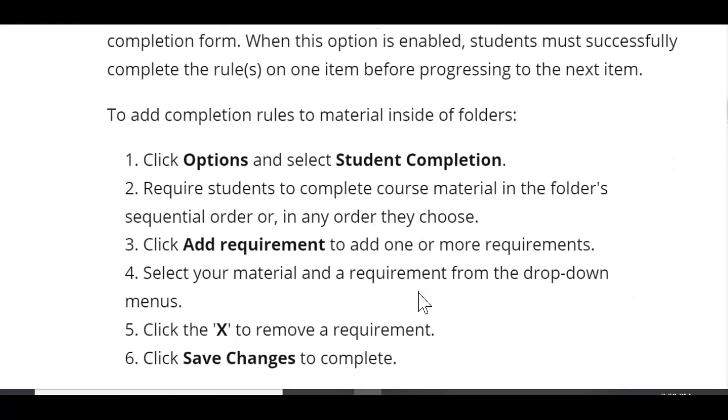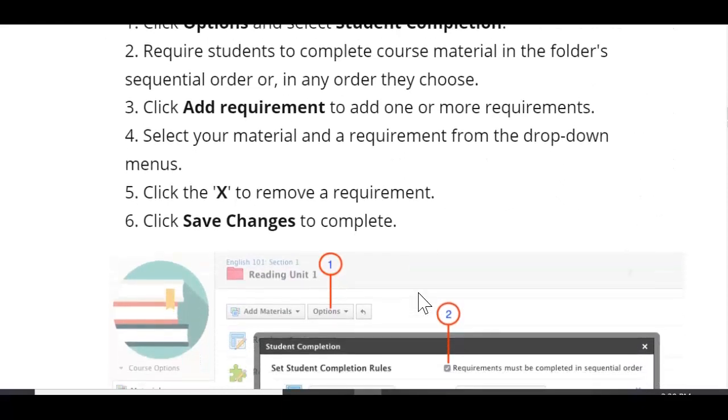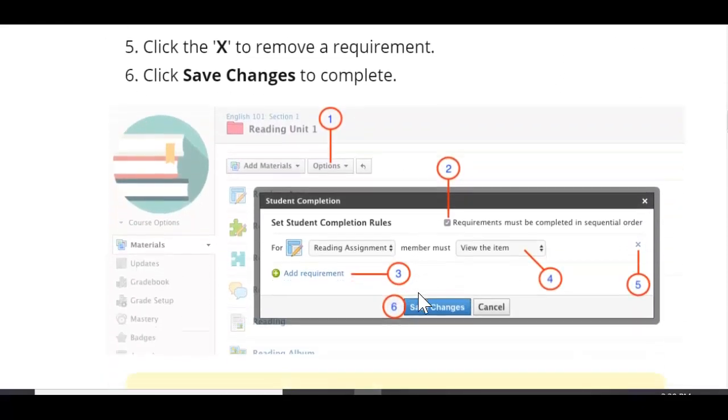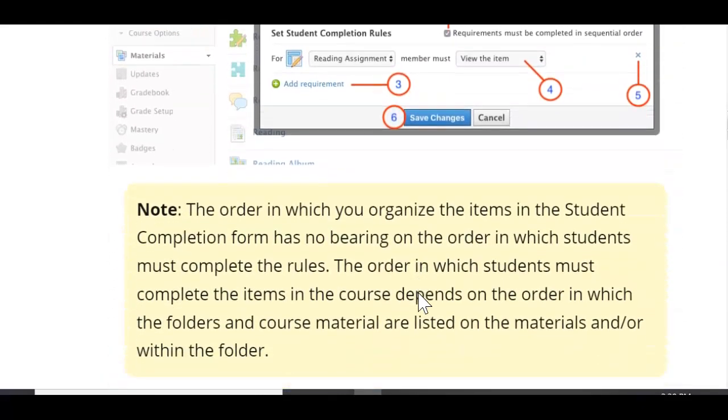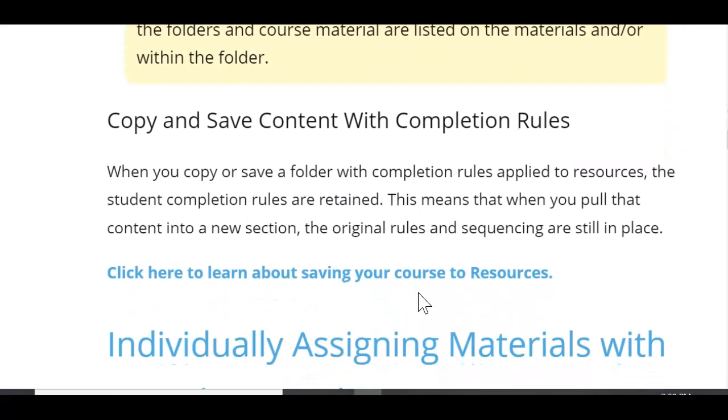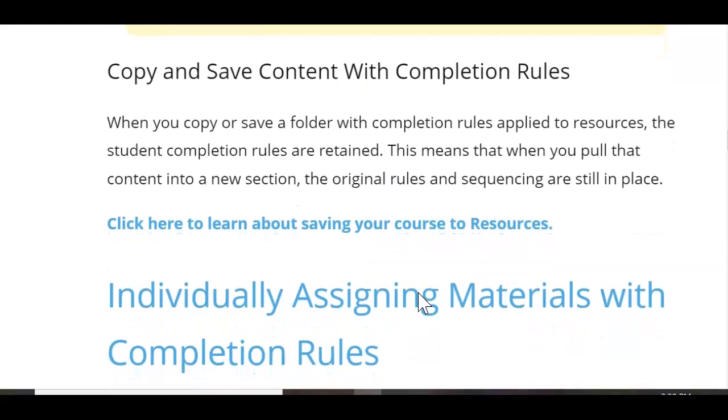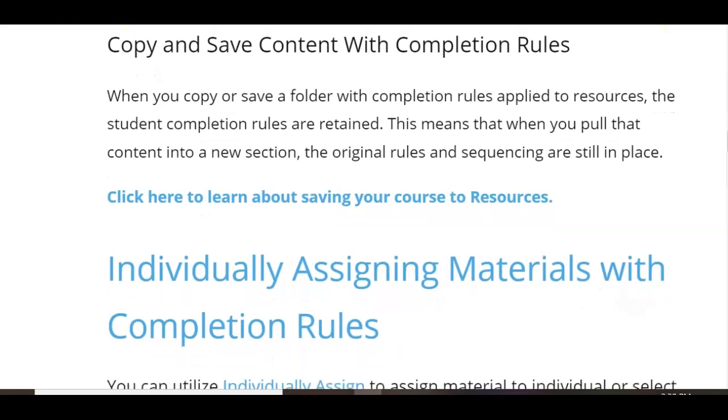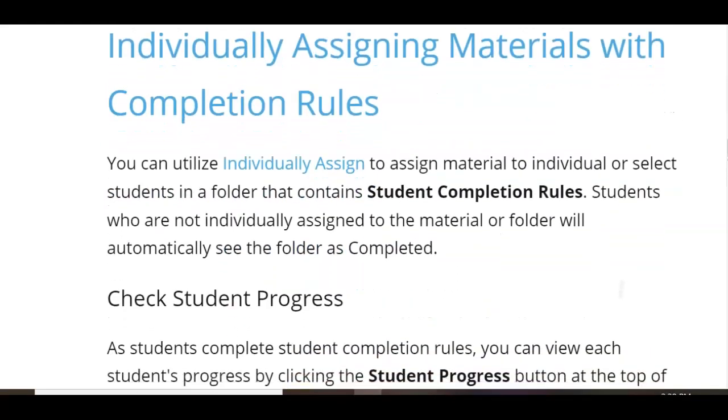But as you can see, make sure you read the help file. It really does a lot. That's where I learned all of this. You can copy and save the content to your other folders or your other classes. I did that. That was really nice, made it a lot easier. You can assign individually